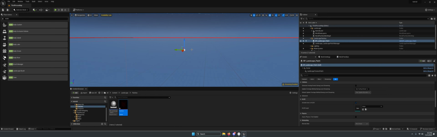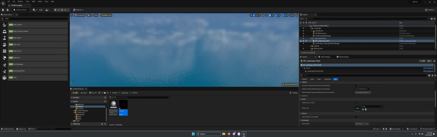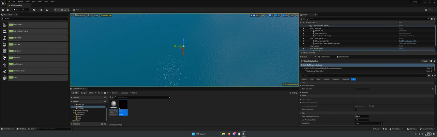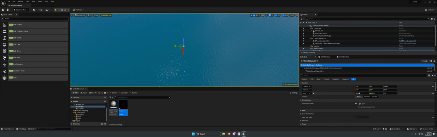Hit F to focus in on it. We're going to zoom out just a little bit. You can see it's just a small patch, right? No big deal. So what we're going to do is select that patch, and we are going to